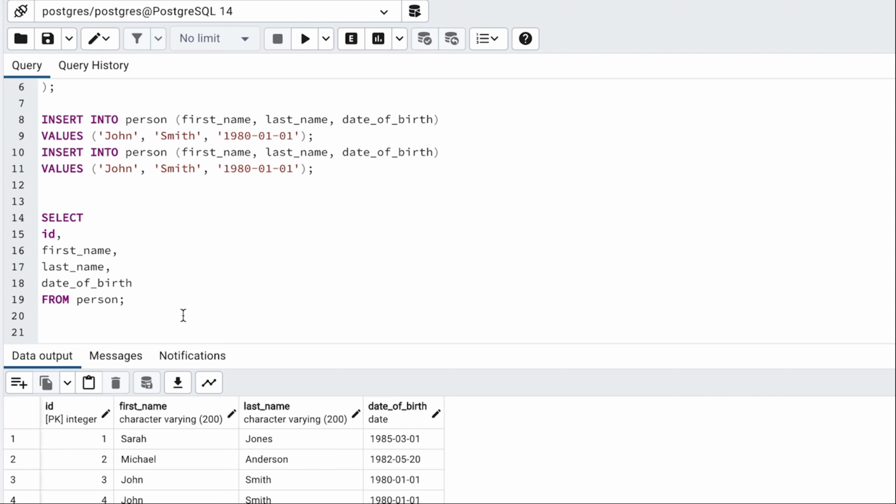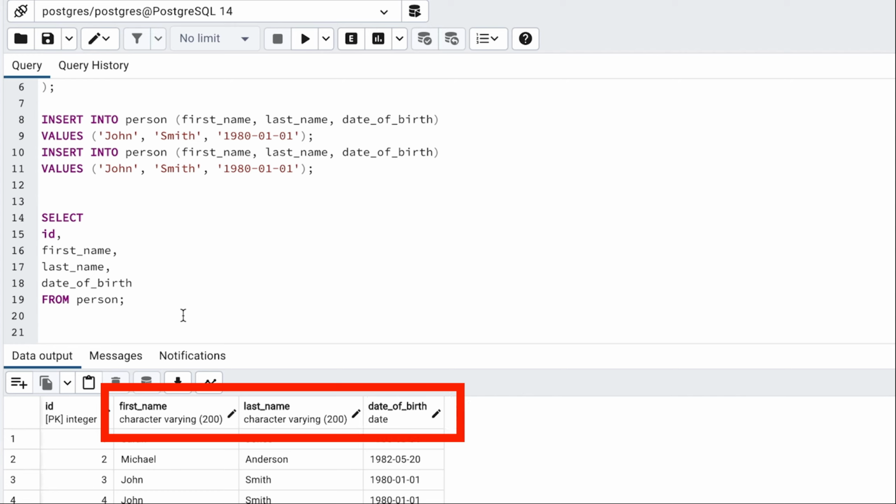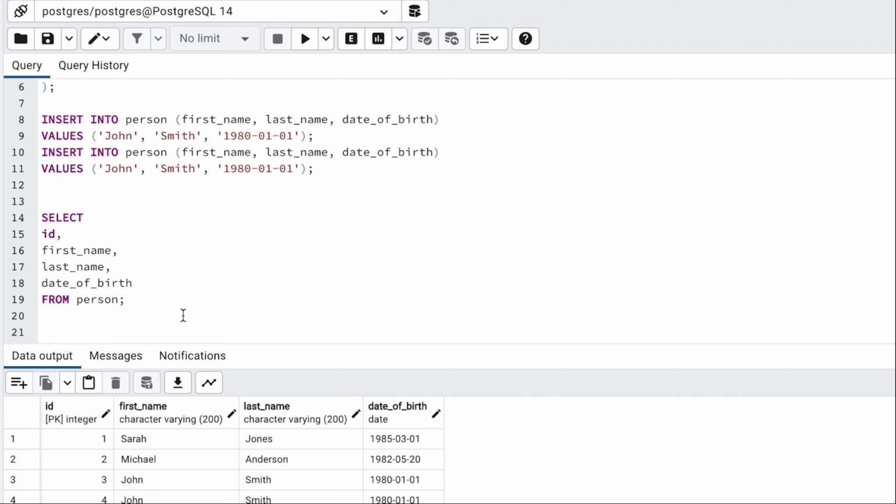First, we need to work out what combination of columns are used to identify a duplicate row. This is a business domain question or a requirements question. How do we identify a duplicate? In our table, is a record considered duplicate if it has the same first name and last name? Or is it first name, last name, and date of birth? Let's say we want to allow people to have the same first name and last name, but if they also have the same date of birth, it's considered a duplicate.